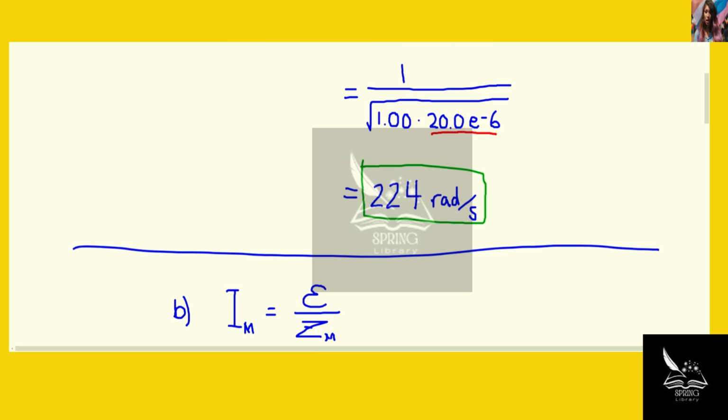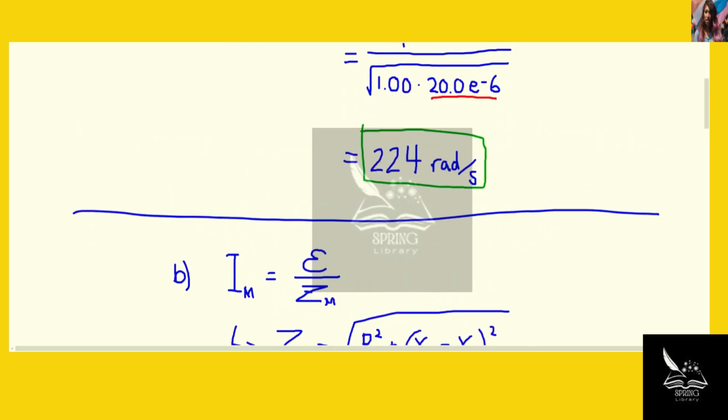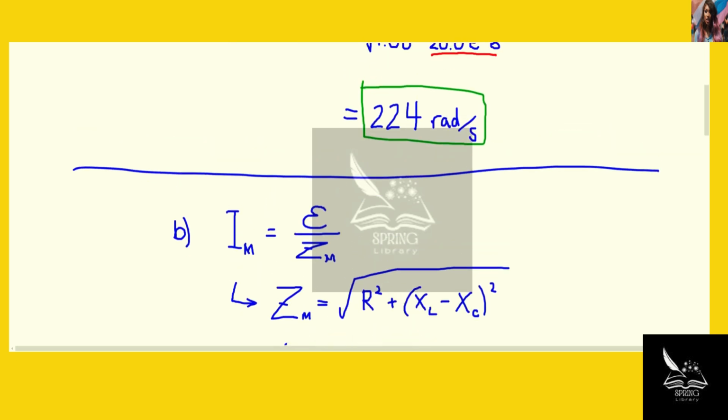For part B, we'll use the resonant frequency to find what the maximum current flow actually is. We start simply enough with Ohm's law. Because this is an AC circuit, we'll use impedance instead of just resistance. To calculate the impedance, we need to account for all the components in the system, and we'll use this